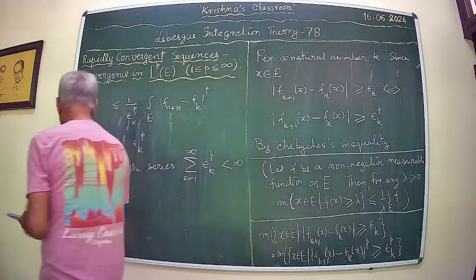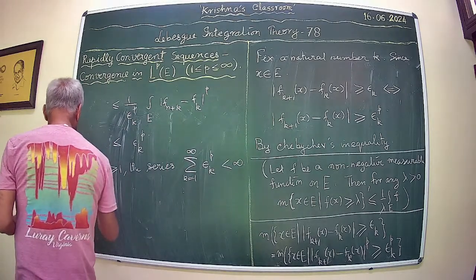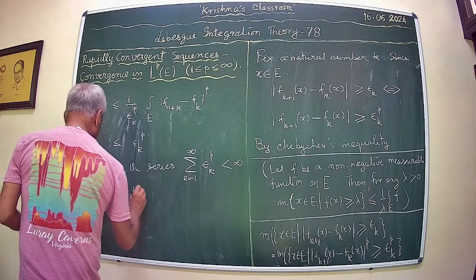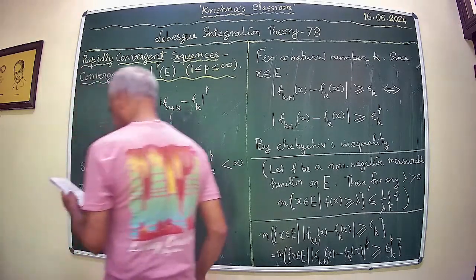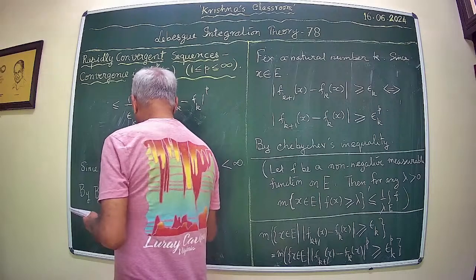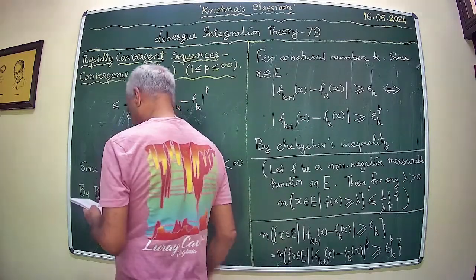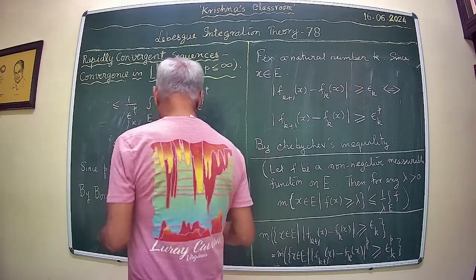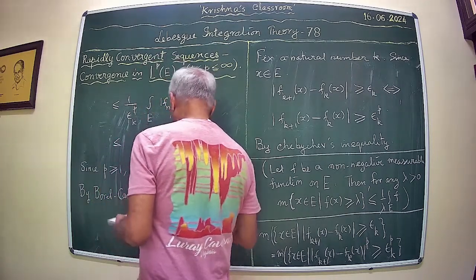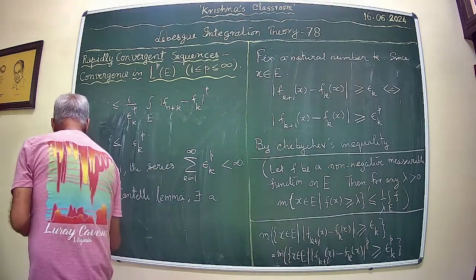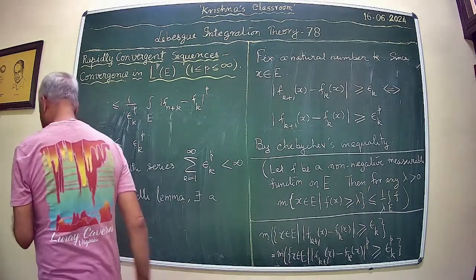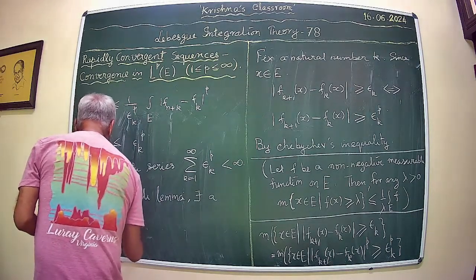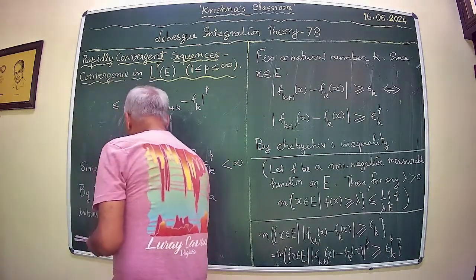Now by Borel-Cantelli theorem, there exists a subset E naught of E with measure 0